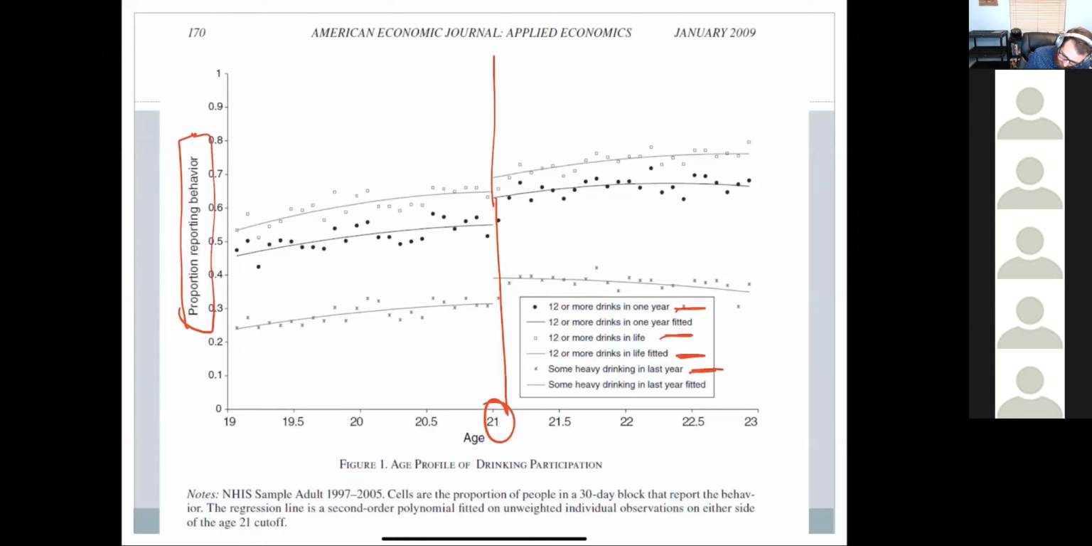or they have some heavy drinking. So this is heavy drinking. This is 12 or more drinks in a year, and this is 12 or more drinks in a lifetime. If you have a clear breakpoint, and we know that legal drinking age is 21 years old,